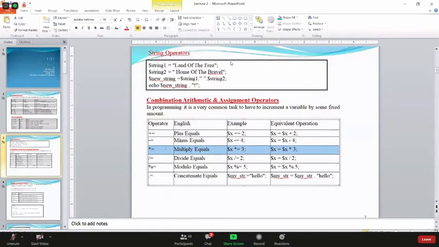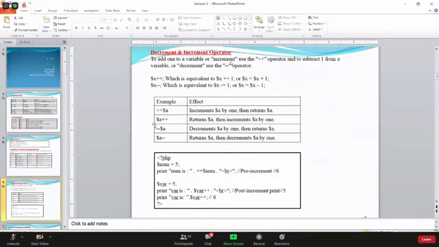The plus equal, that means the variable equals variable plus value, right? Then minus, these are the operators which you can use with PHP. Minus equal, then multiplication, division, and modulus equal, and concatenation equal, right? And the and operator, and here the example and equal operator also given in the table. Okay, then we go to the other operators you can use. Decrement and increment operators also you can use, right?